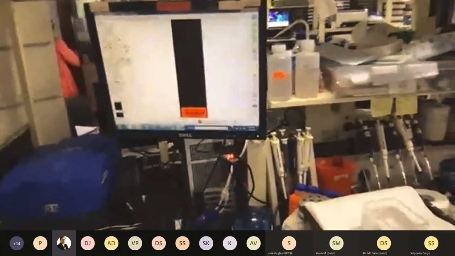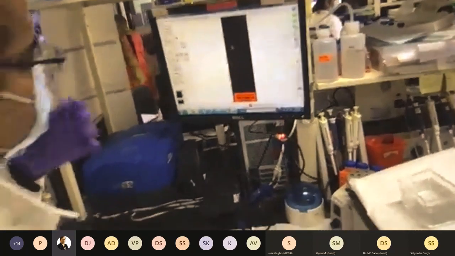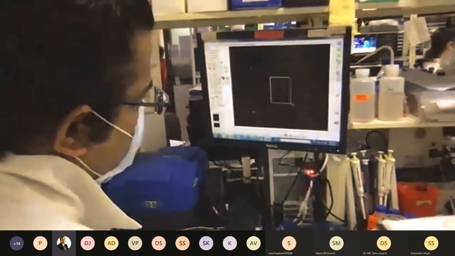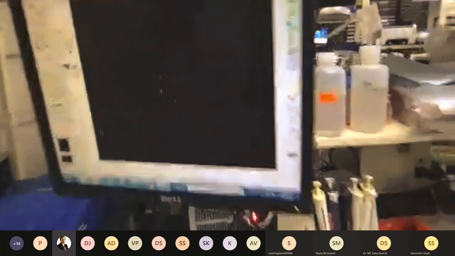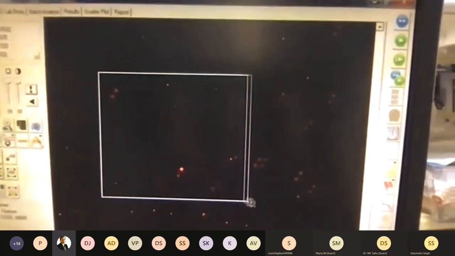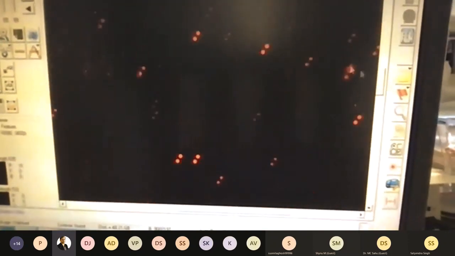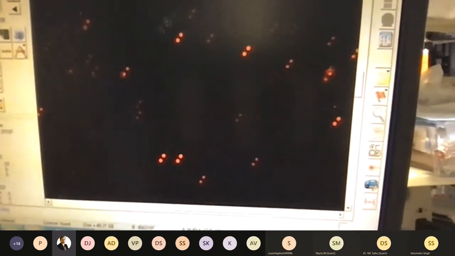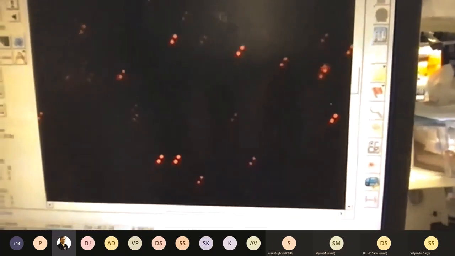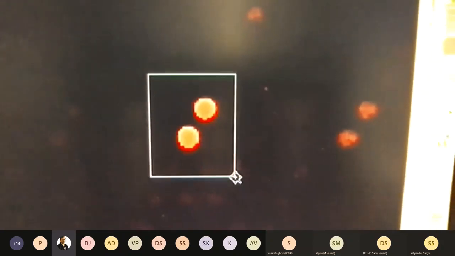So you can find these are the antibody spots in the duplicates, correct, which have been identified. So this kind of antibody spots can now be detected, and individually you can go and see which antibodies are present here.